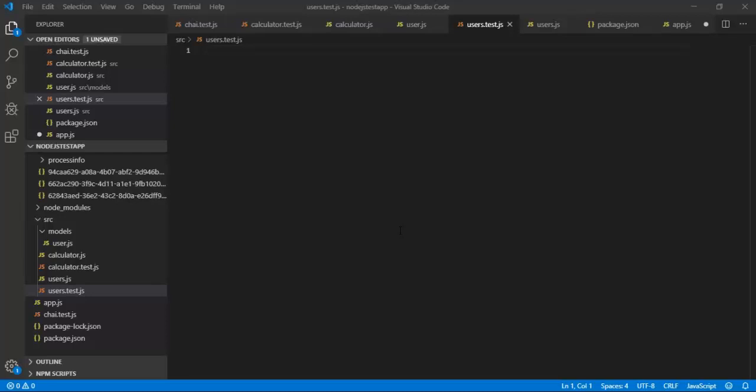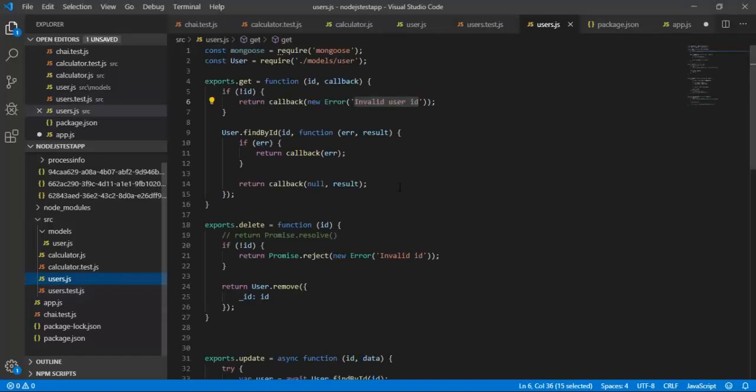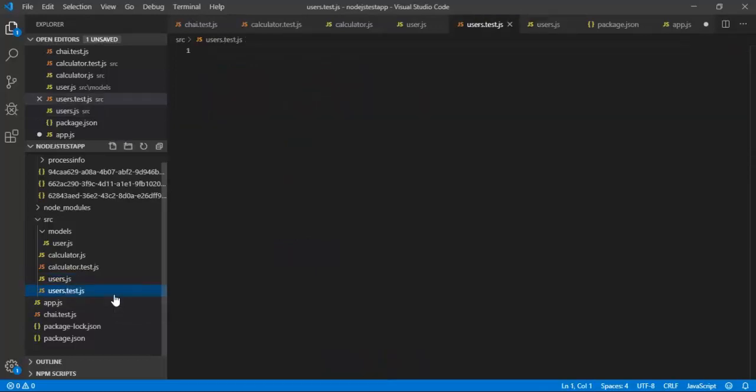Hi everyone. So today's video is all about how we can test APIs in a Node.js application. So what I have done is I have created an API user.js file where I have created get method, delete method, update methods. In this video I am going to show you how we can use the get method for testing. So let us start